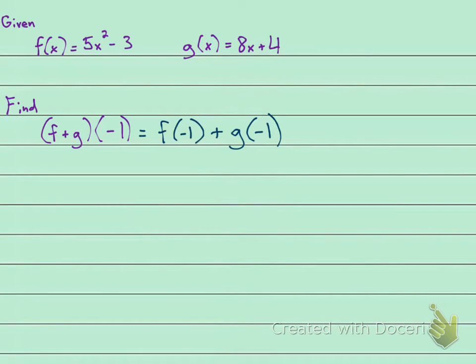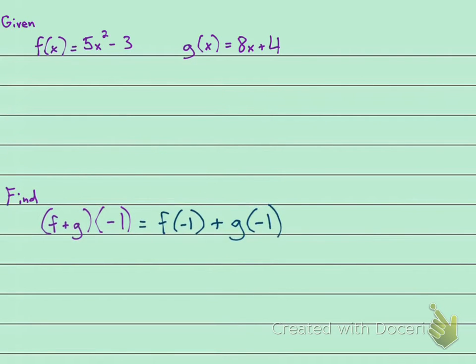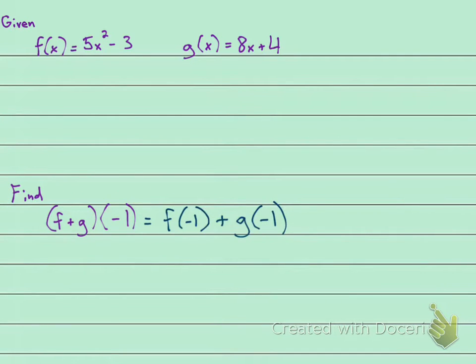Let's find the f of -1. So I know that the f of x is 5x squared minus 3. Let me make a little bit of room here. That's nice. All right. So let's find the f of -1. If the f of x is 5x squared minus 3, the f of -1 is 5 times -1 squared minus